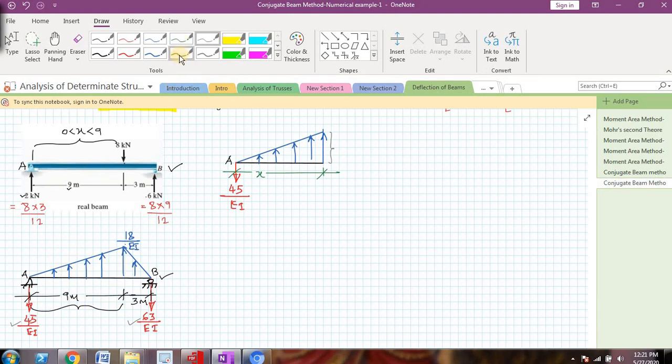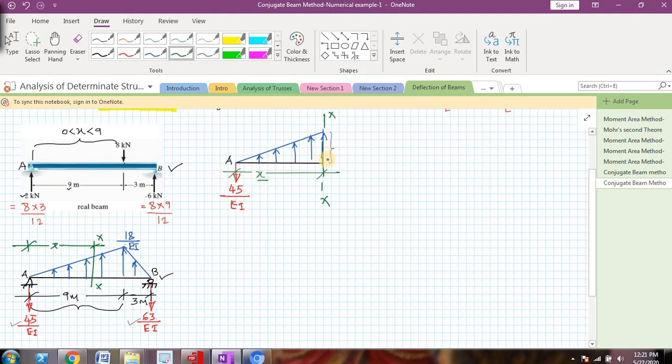Now the next step: I know that my shear will be 0 in this portion, so I am taking one cut section here. Let me call this XX, which is at a distance x from point A. Now I am taking the left-hand side of the section and I have drawn the free body diagram. Here also you can see the reaction is downwards, 45 by EI, and this is my cut section XX, which is at a distance of x from point A.